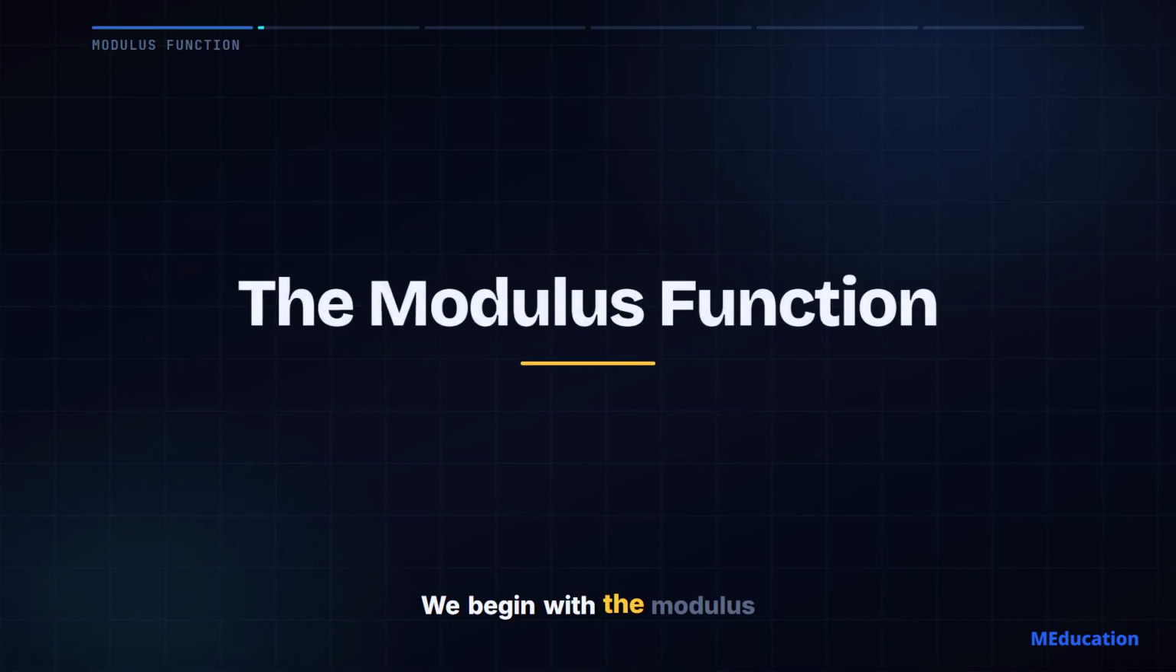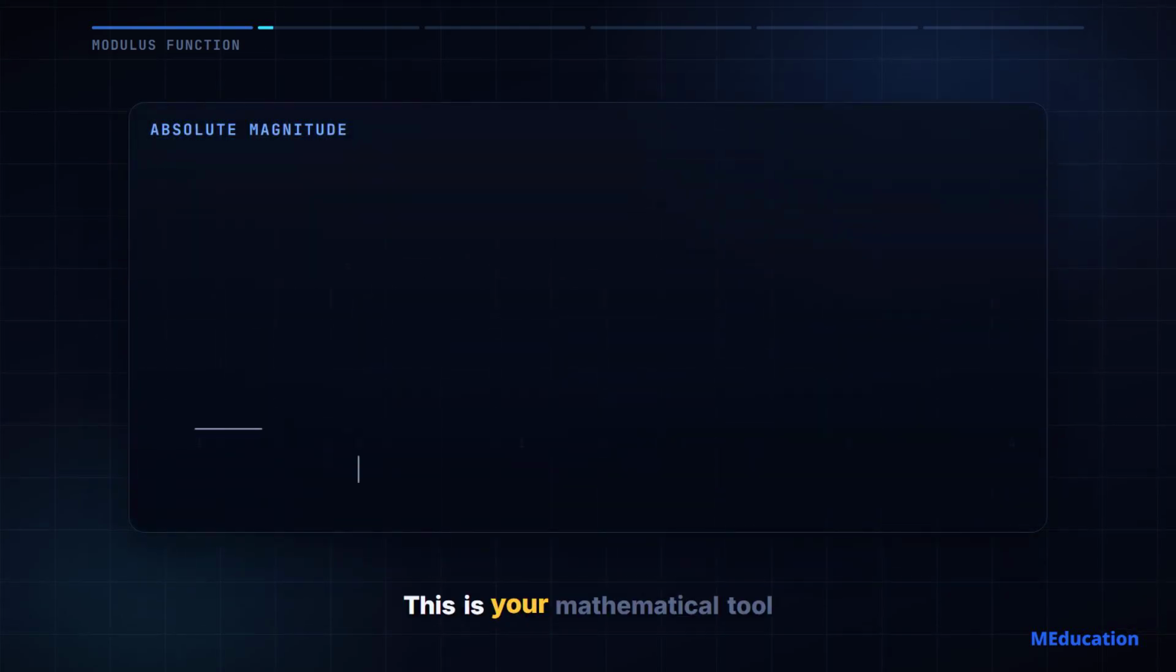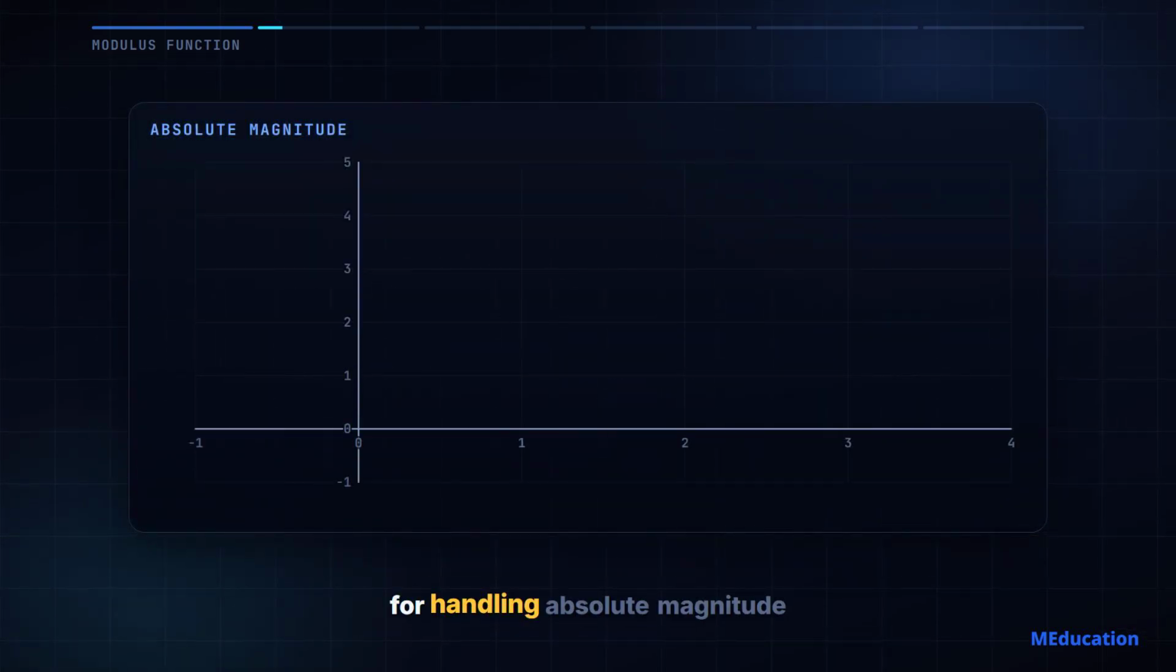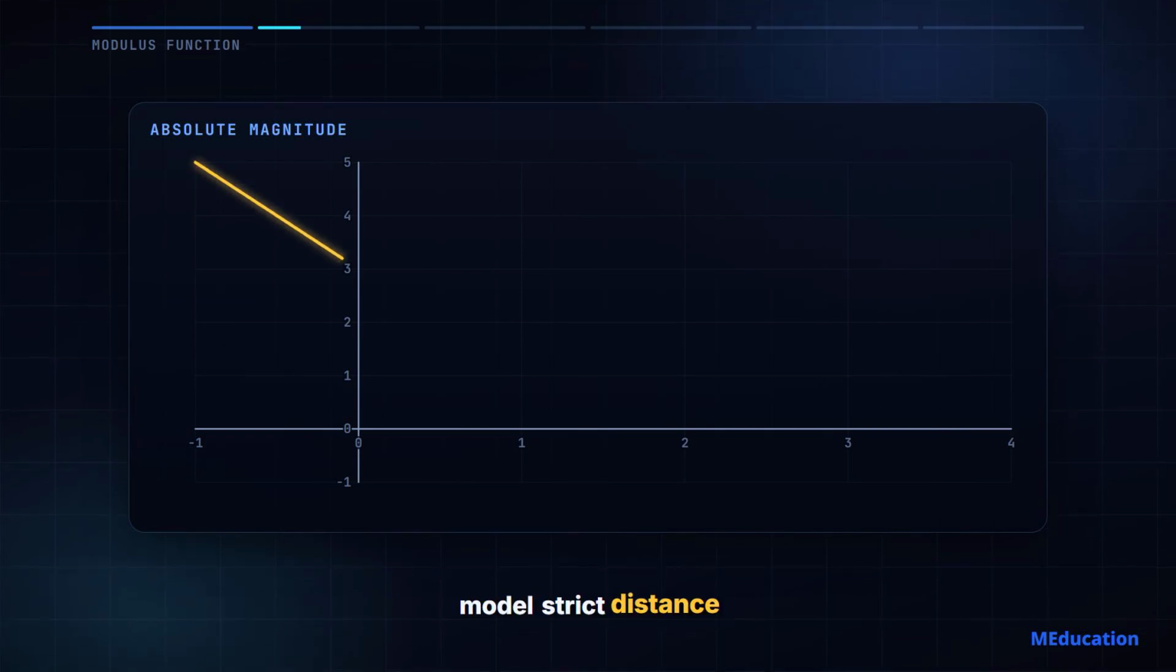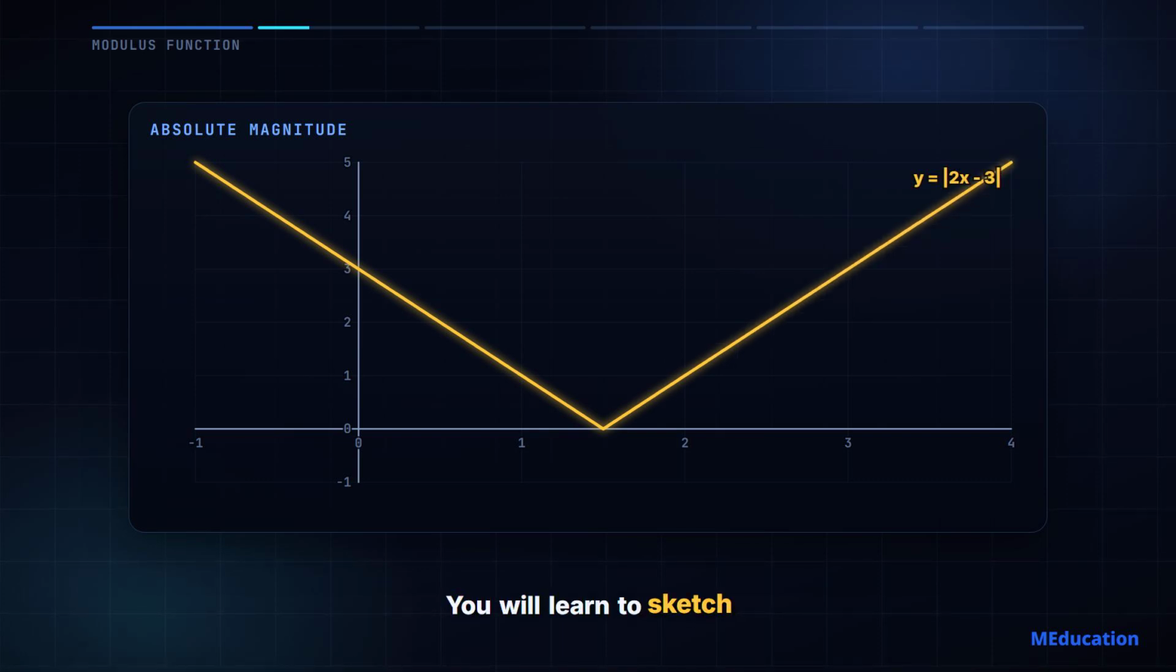We begin with the modulus function. This is your mathematical tool for handling absolute magnitude, stripping away negative signs to model strict distance. You will learn to sketch its sharp, reflective V-shaped graphs and solve complex equations and inequalities where variables are trapped